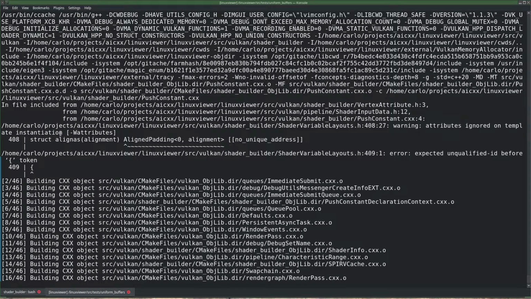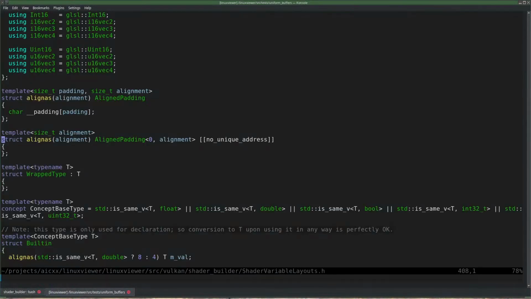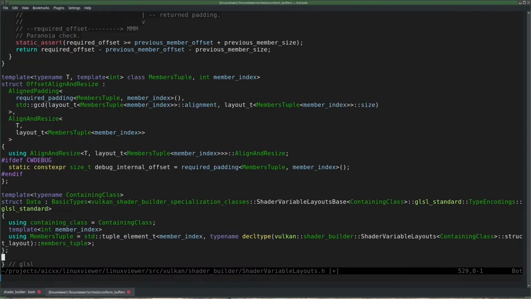Attributes ignored. Yeah, well, okay. So that doesn't work either. Then I'll have to specialize this thing for a value of required padding of 0. Which means we're going to have to, let's say,